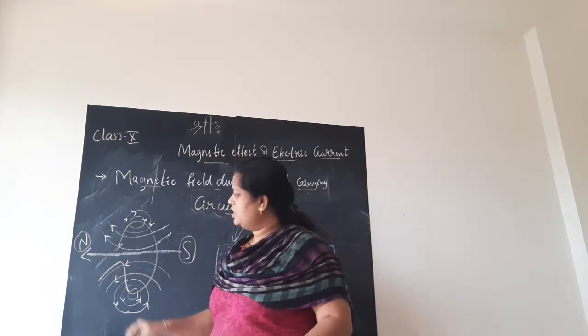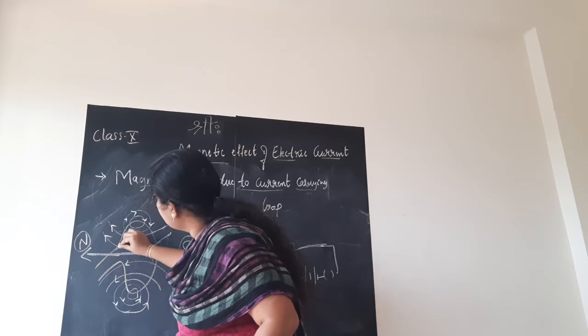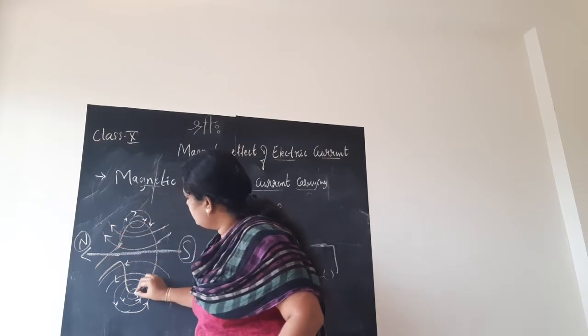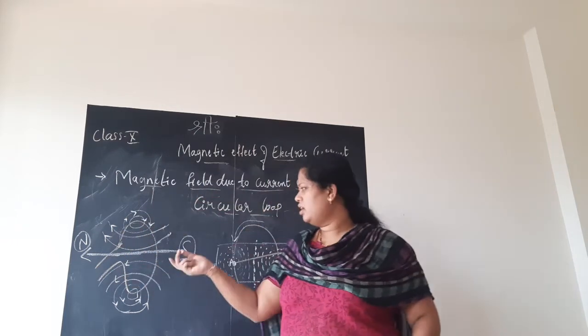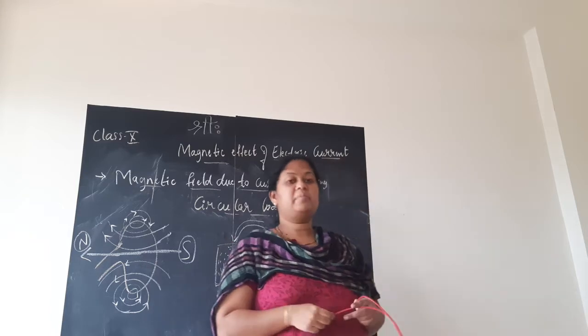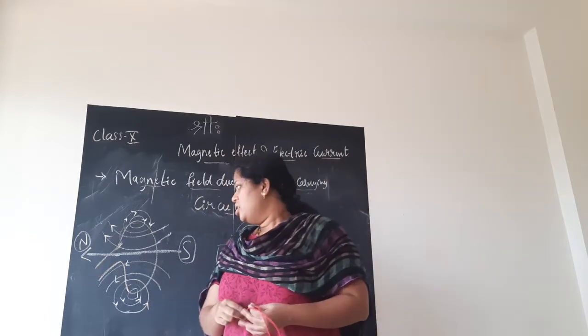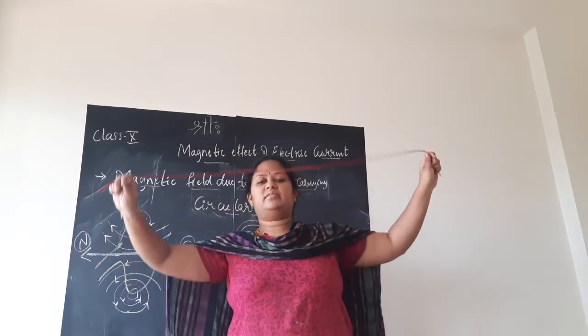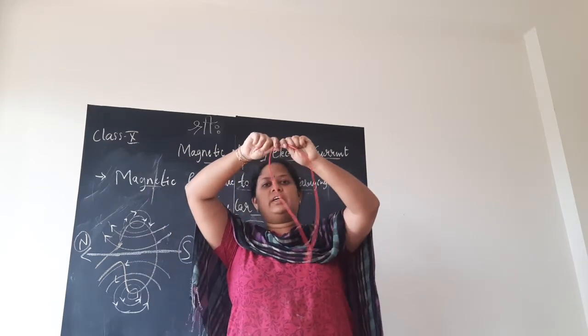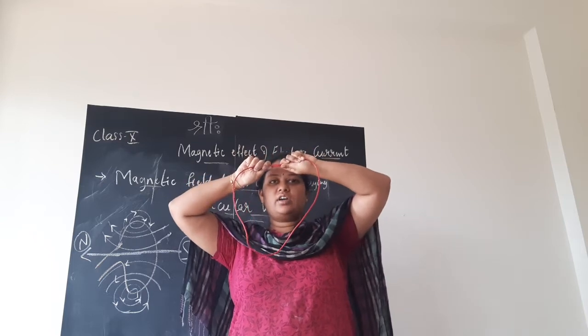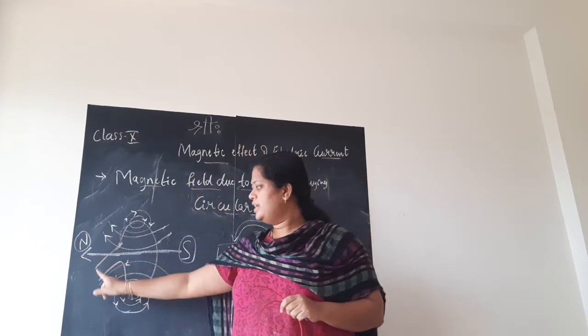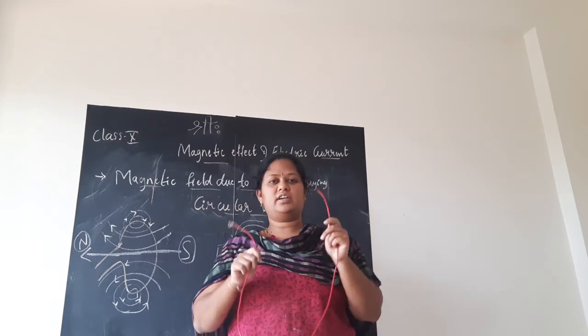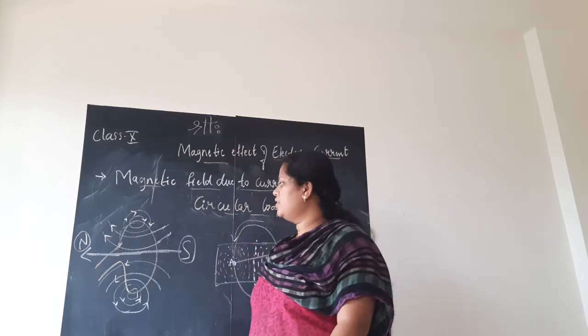So in this picture, if you can see, children, this is the bent wire. I have written it in orange or yellow chalk, but I think you cannot make out in the video. So this is the circular wire which is bent. So this is my current carrying circular loop. These two ends, what is there in the textbook, if you see you can understand. Those are the two ends of the copper wire.